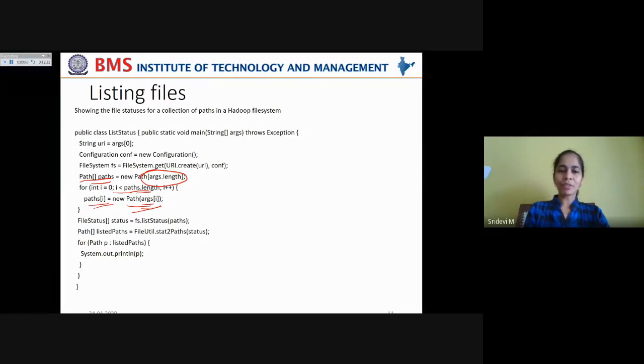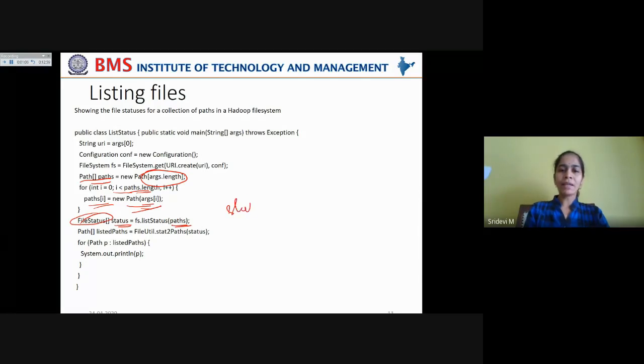So this Path array contains 3 objects, which indicate the 3 files that we have mentioned in the command line. Now this FileStatus object is created, and you are dealing with 3 files here. All those 3 file statuses are stored in this status object, a FileStatus array.